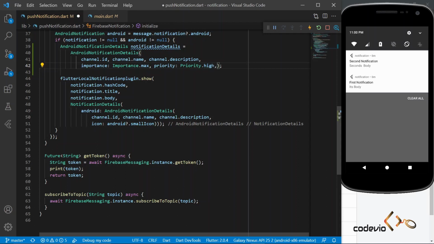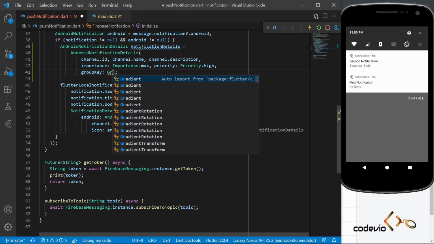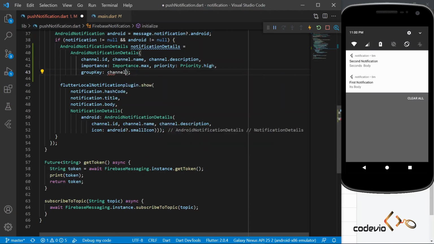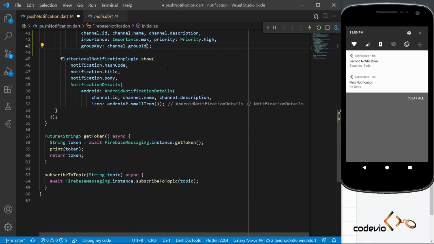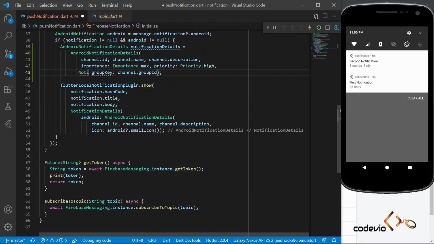Priority.high has been given, and let's do the next part. Let's give a group key for our notification. So it will be our channel.groupId. Okay, so that's about our Android specific details, and now we need to implement it as notification details.